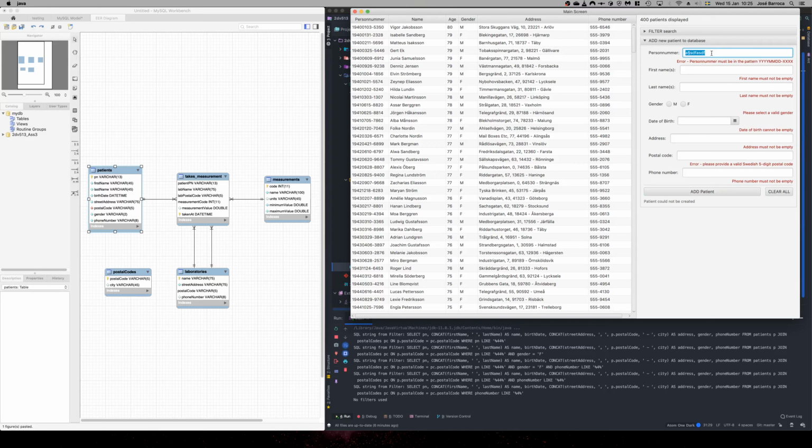is an invalid string. But even if we insert a valid person number, we cannot create a patient object because all these fields are empty and all the attributes in the patients table have a not null constraint. So we get an SQL exception because we are violating the not null constraint, and this object cannot be added to the database. But if we add a valid patient,